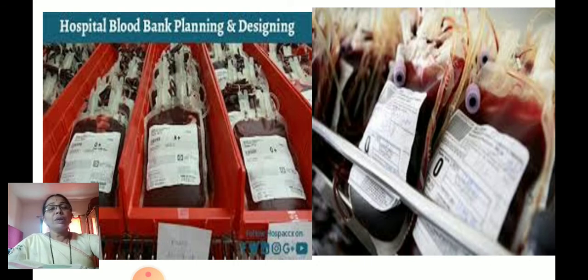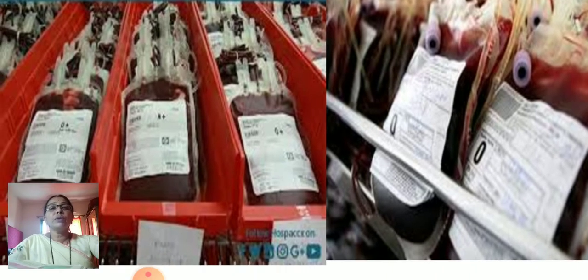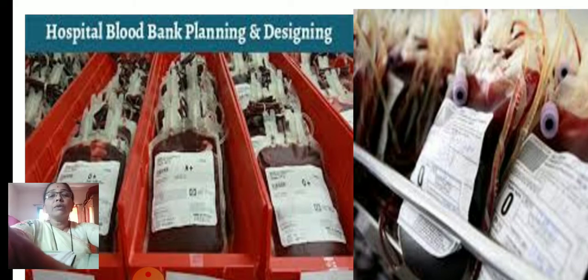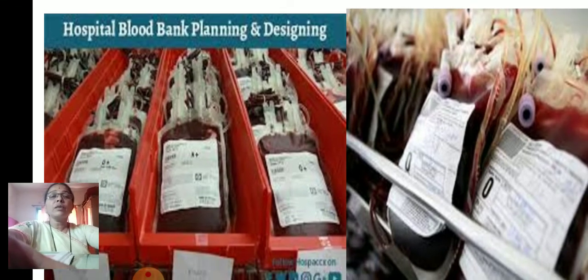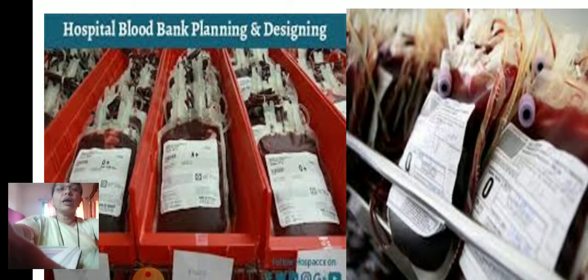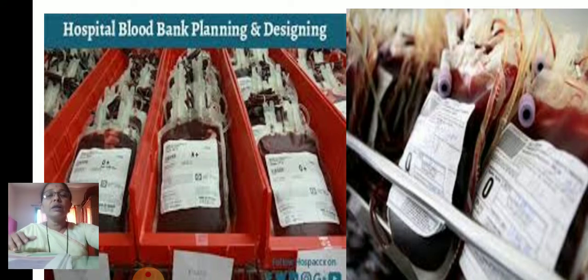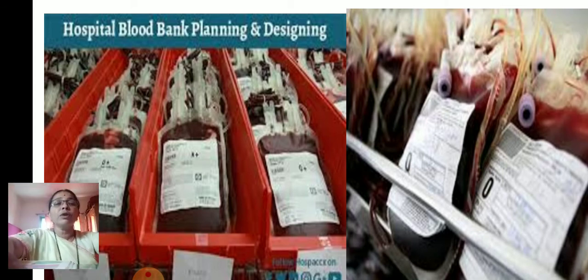If a patient immediately requires blood, where do we have to run? We are supposed to go to a blood bank. When we donate blood according to our wish, the blood is stored. There are camps for blood donation, and these camps help in donating and preserving this blood.